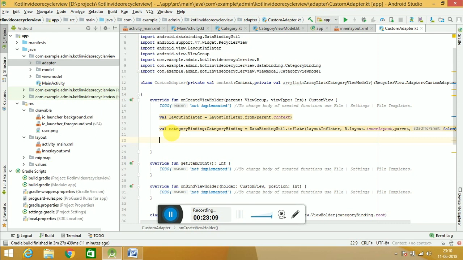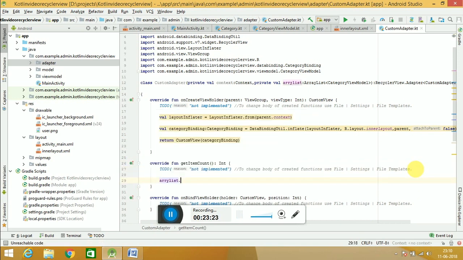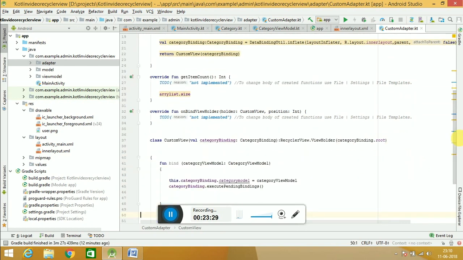what we have to do generally, we have to return it with a custom view and that custom view with your category binding. And here we have to return your array list dot size, get item count. And finally we have to work with the